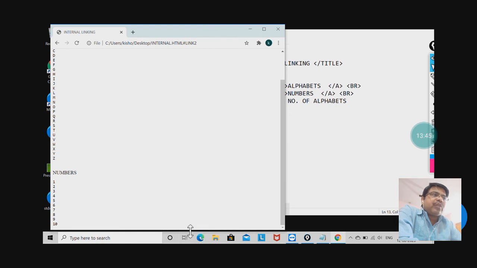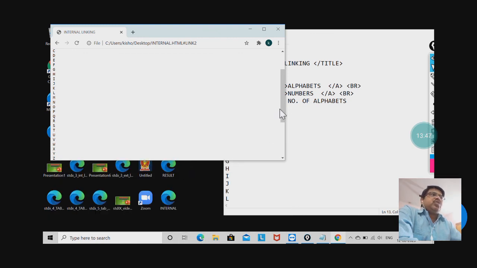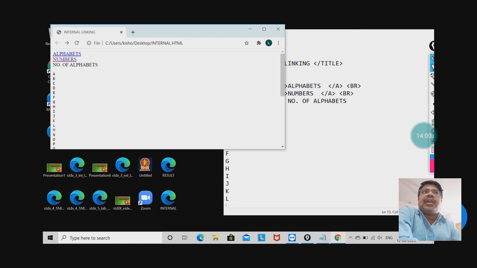Let me make the web browser small, then you will understand. Now when I click on numbers, 1 2 3 4 come. Again I am going to show you. Just now it is showing alphabets A, B, C, D. But when I click on numbers, what will happen? 1 2 3 will be shown.